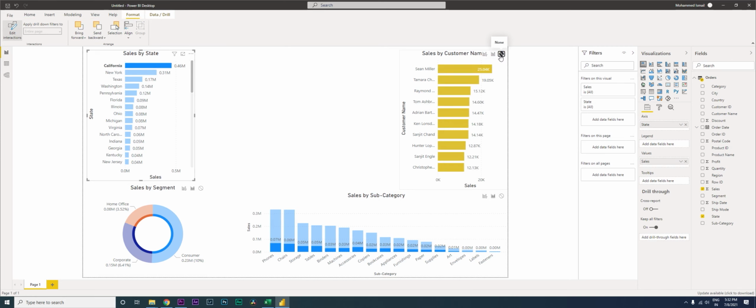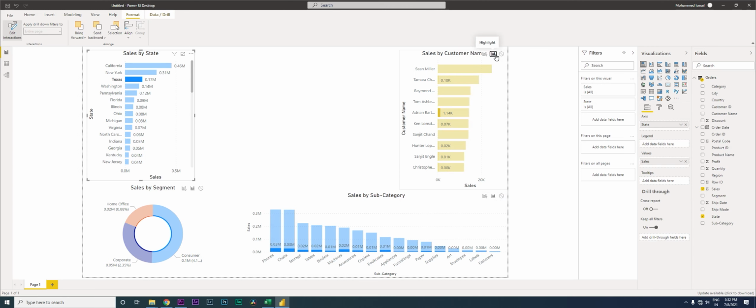Let's click on this. So as you can see here, even though I am clicking here on a state, this particular chart is not changing for me, right? But however, you take a look at this column chart and this pie chart. When I change here, the values change here as well, because I have not made any change to this particular chart. Okay, now the other option is highlight, which was the earlier one.